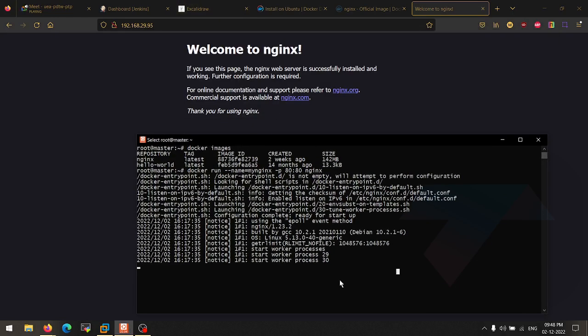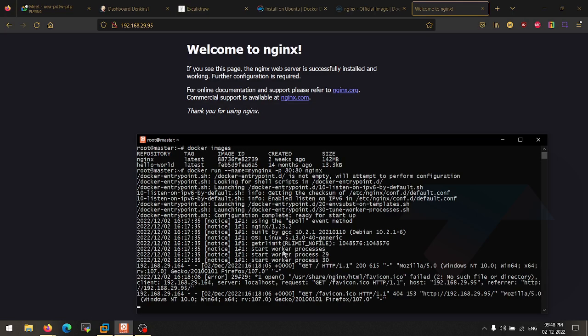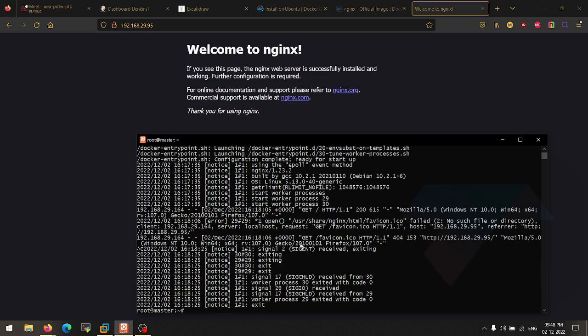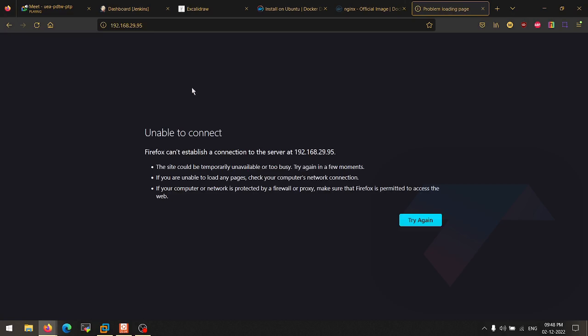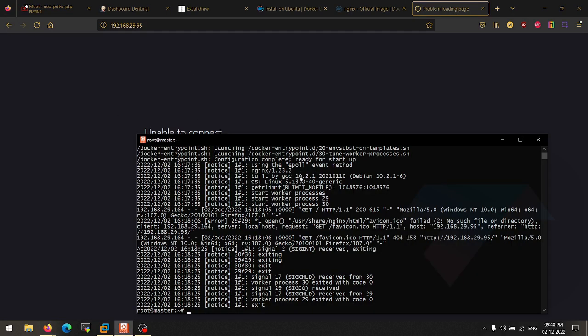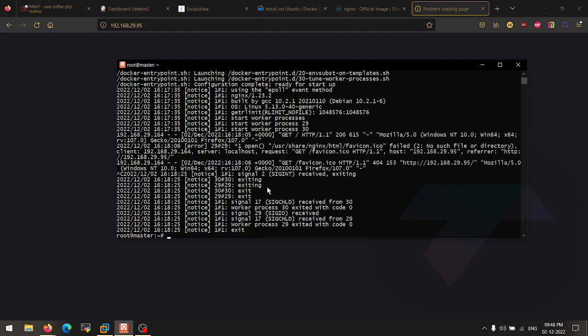This is how an image looks. And let's do some testing as well. First of all, I'm stopping this by exiting from the container. And if I refresh, let's see what happens. It stopped working. Why? Because I pressed Control C and exited from the container, and Nginx also stopped because I used Control C. Now, how can we check the container that we just launched, right?